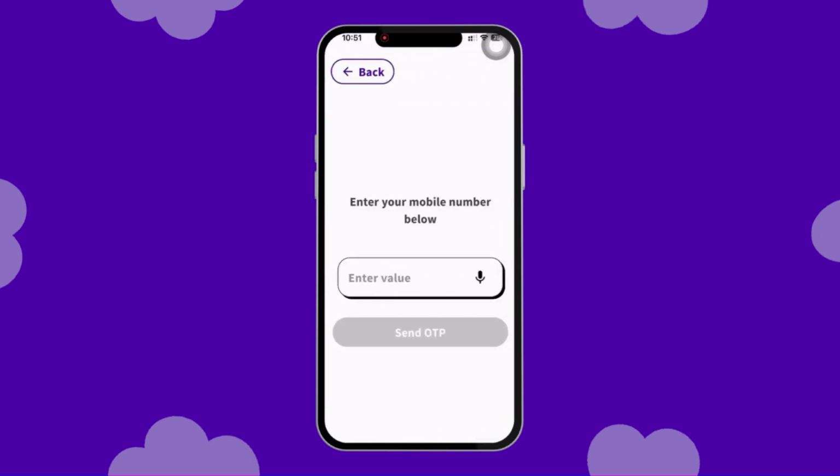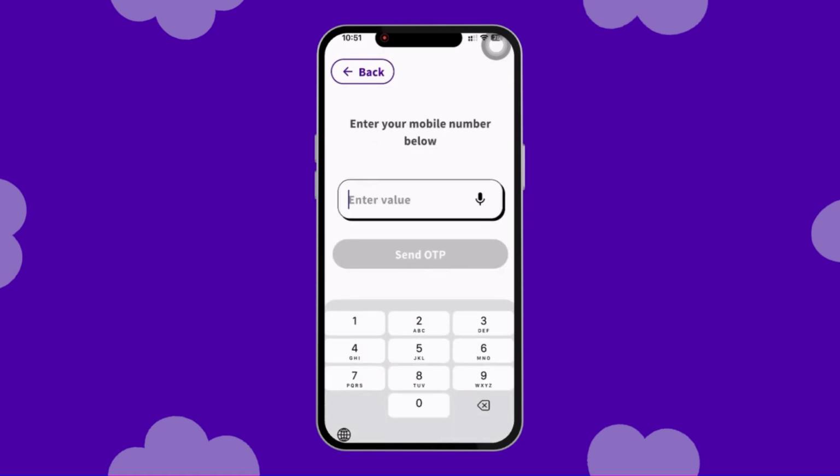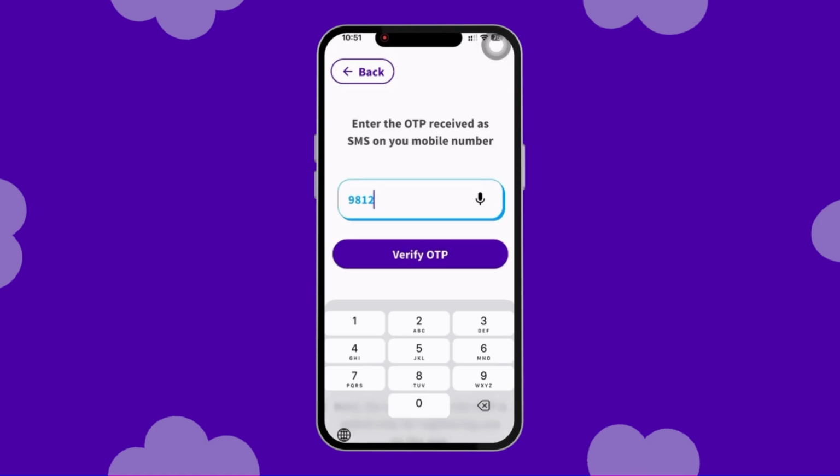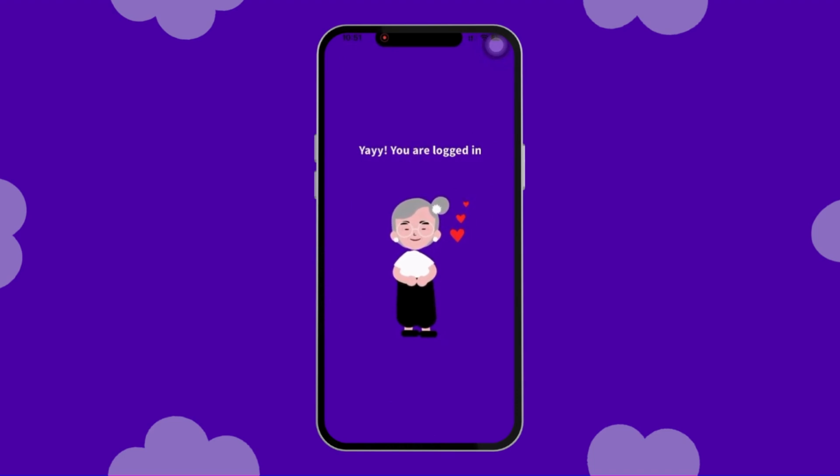In the next step, you must enter the mobile number you want to register with on the app. Once you enter the mobile number, you will receive an OTP as a notification for verification purpose. If you have allowed the notification permissions asked initially, the app will send you the OTP via notification. This OTP usually gets auto-fetched by the app, but even if the app doesn't auto-fetch, you can simply refer to the notification and type in your OTP to complete registration.